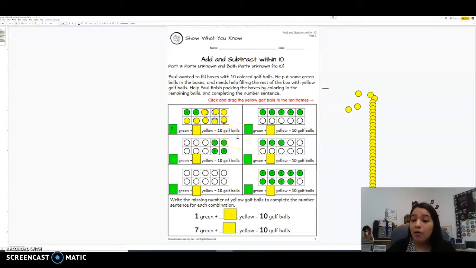But now we just need to see how many yellow golf balls we have. So let's only count the yellow ones. So 1, 2, 3, 4, 5, 6, 7, 8. So how many yellow golf balls do we have? 8. That's right. So we're going to go ahead and double click the yellow box and you'll see a little cursor